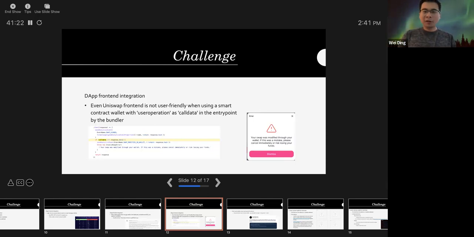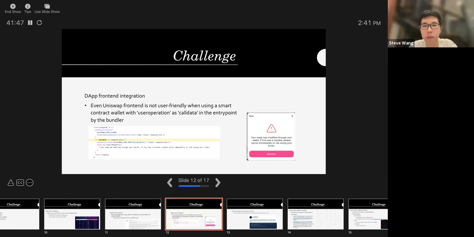Right now we are still early, and our allocation is more on the smart contract side rather than the bundler service, because the bundler is separate from the smart contract side. We could use a different choice, or we could implement our own bundler in the future. That definitely makes sense. Let's see if there are any more questions.